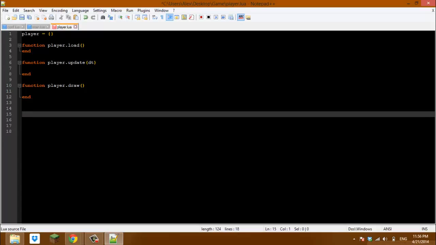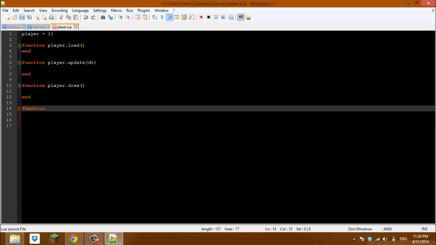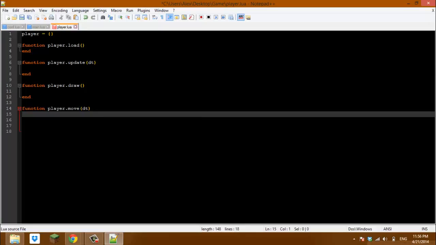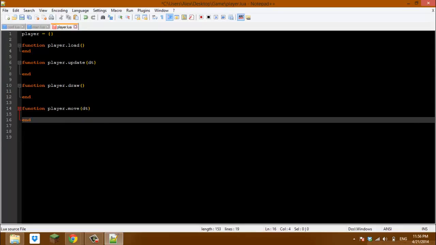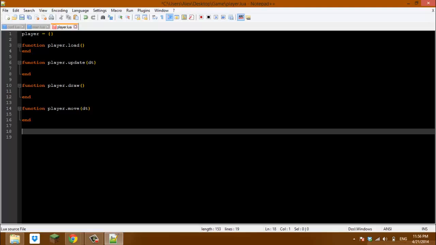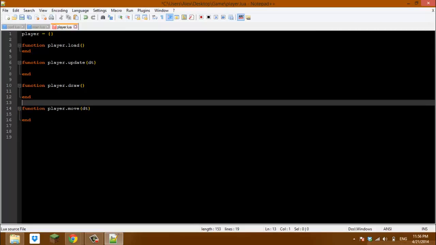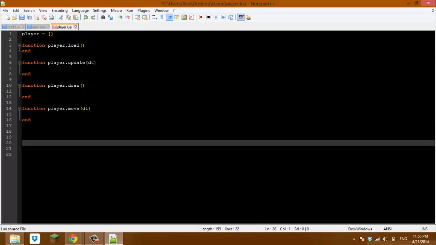We can do extra ones like function player.move, which will be delta time, I believe. We'll start the player, and in this tutorial I'm just gonna show you guys how to start this, basically how to use extra files. Okay, and what we're gonna make next are parent functions,